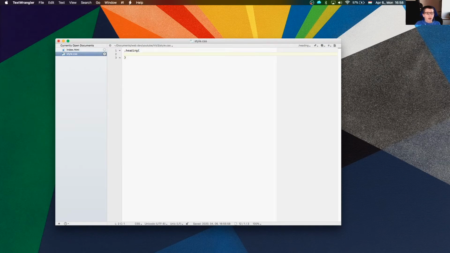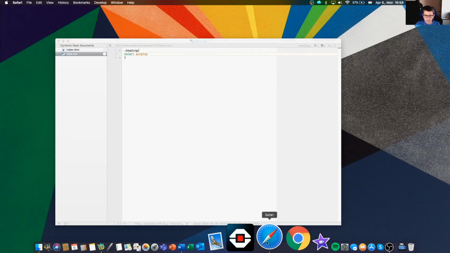And then I want my heading color to be purple. Yeah, purple, that's good. And you put a colon after the color, like that. And then you put a semicolon at the end of the line, so that's the line break. So I think that's what I'm going to do for my heading. So let's save anyway, and then let's go to